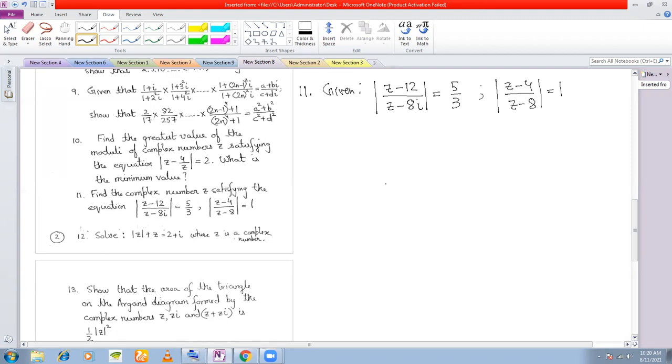You need to find the complex number z. So I say let z is equal to x plus iy,